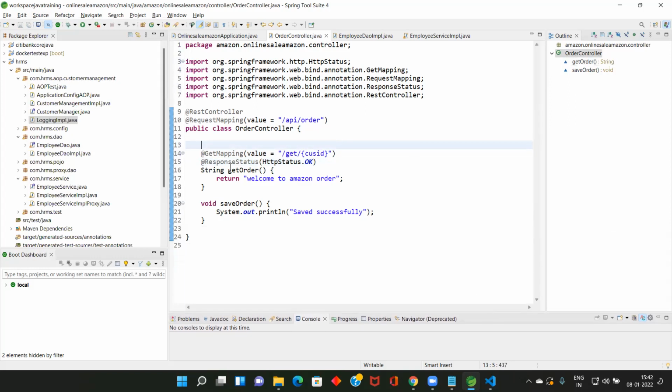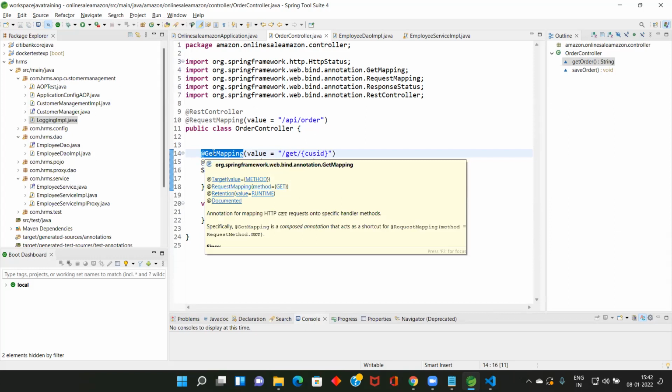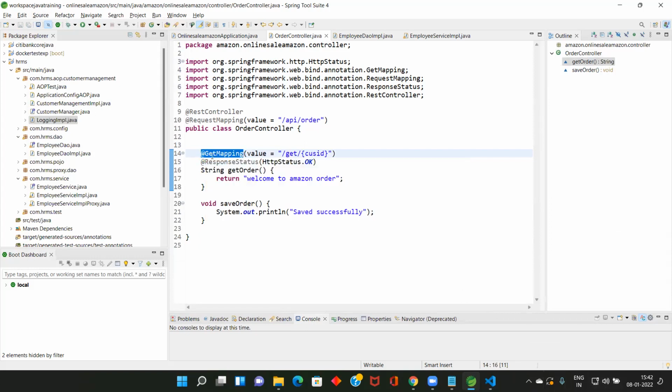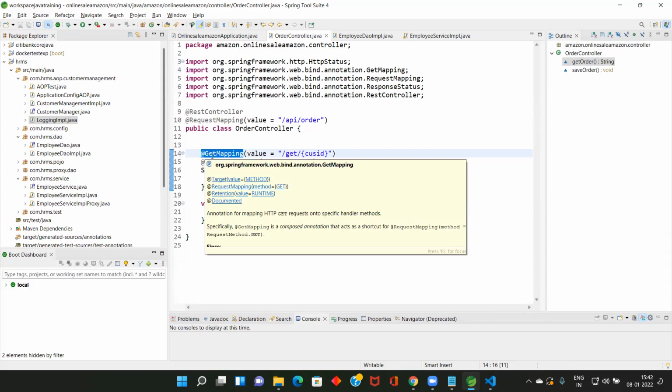So what is this? In HTTP, there are n number of methods, HTTP methods like get and post. If you are going to retrieve information from the database and show it on the screen, then use @GetMapping.